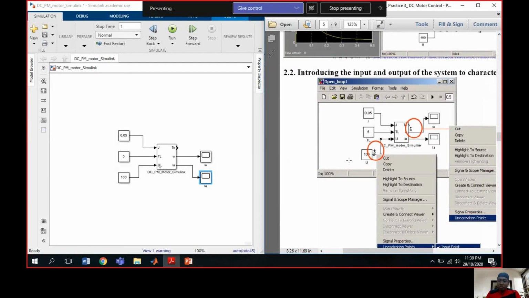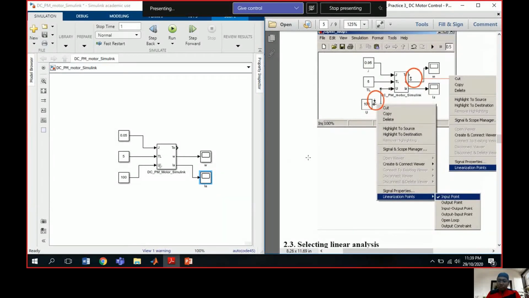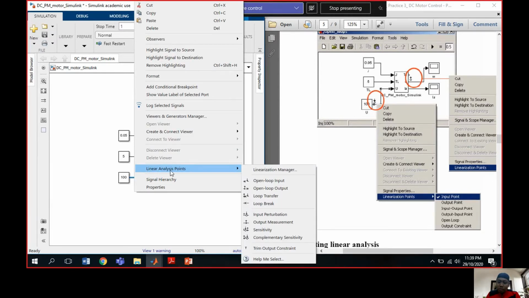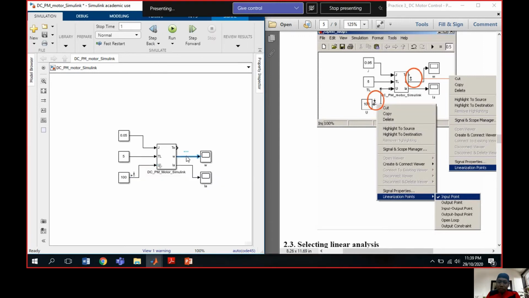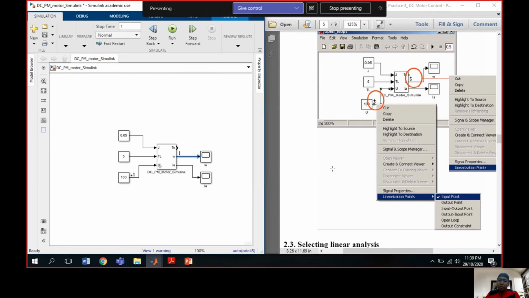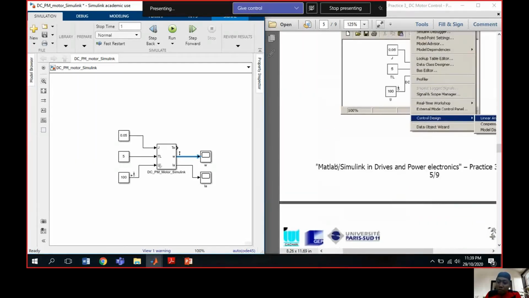Now I will show 2.2, where we want to do the linearization. I just click the linearize. U is the input and W is the output measurement. That's all for 2.2.